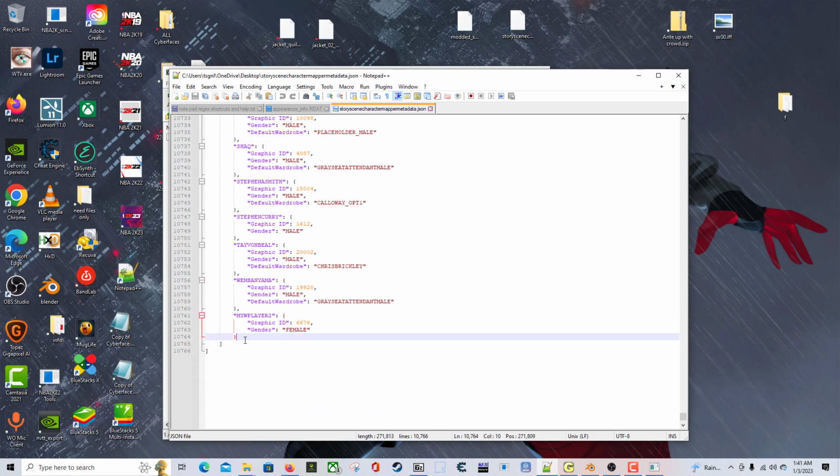So let me show you what it looked like before. Well, actually, I'll just keep it how it is. So this bracket right here. So you see this is red and then this is red. If I want to add another character, remind you I have the game closed. The game should be off when you're adding a character, or you'll just have to restart it. But anyway, if I wanted to add a character, I would do a comma, press enter, do some quotation marks. I would name the character, let's say LaMelo,